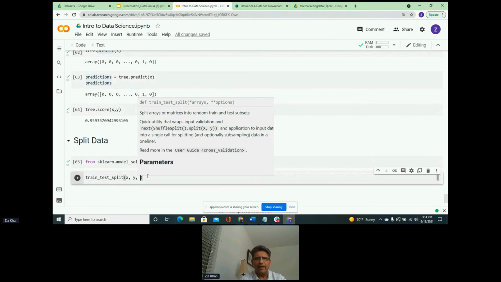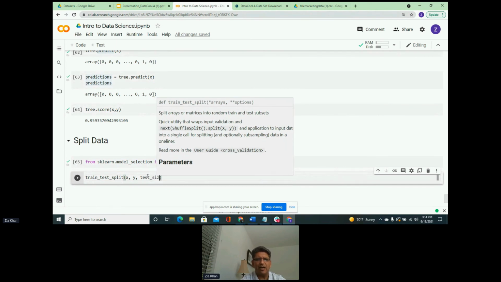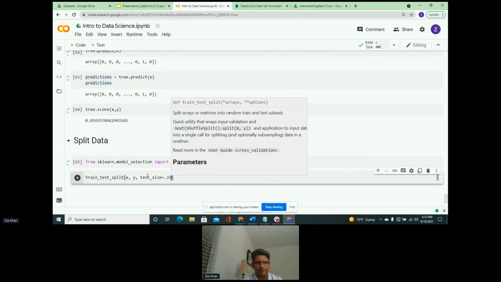The one other thing this functionality requires is that we tell it what portion of the data we want to use for testing. So it wants us to specify the test size. It's a number that you can pick. Generally, you can pick 10% for testing, 20%, 30%, or 25%. Let's pick 20%. Let's go with 20.